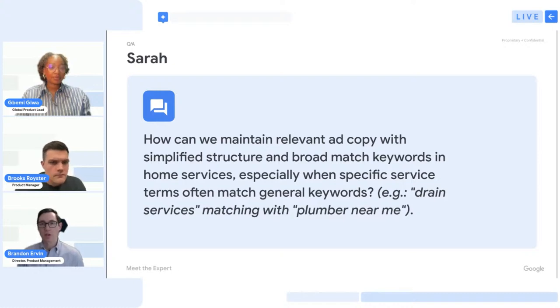Yeah, this is a great question. We really think about this trifecta of broad match with smart bidding, and then that third pillar is creative automation at scale, because this is really important for marketers to make sure they have a good end user experience as they go broader with targeting. The solution we've been partnering with the creatives organization on is responsive search ads with automatically created assets, a way to automatically generate assets and relevant creative content that's going to marry with some of these broader searches you get with broad match, such that you can still have a really great user experience, even for some of these broader